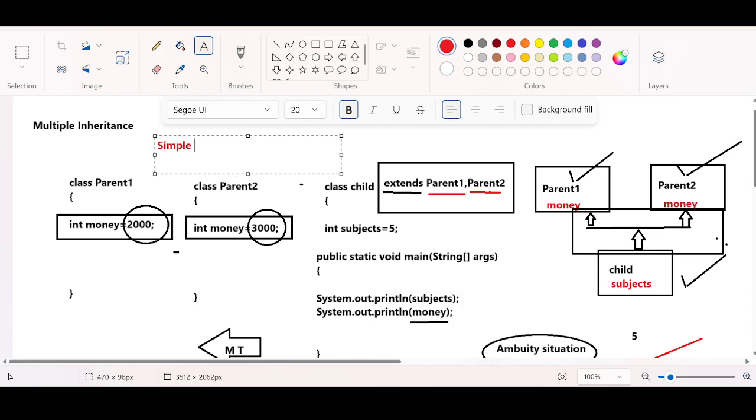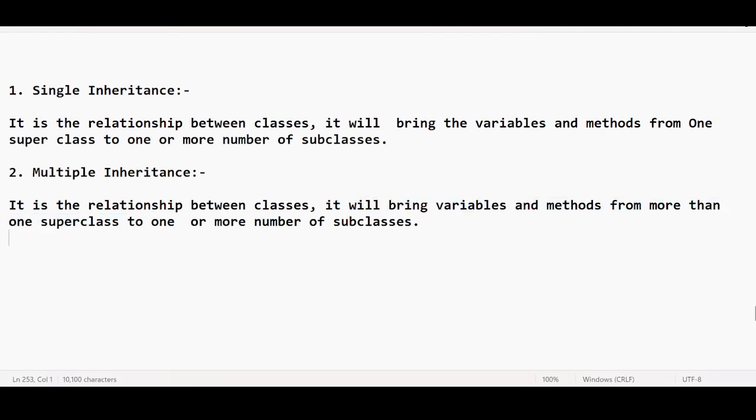Are you able to follow? You need to understand two things. What is multiple inheritance? It is a relationship between classes. It brings variables and methods from more than one superclass to one or more subclasses. It is like having a child class with two parent classes. It is not possible in real time as well as in Java. Why is it not possible? It creates an ambiguity situation